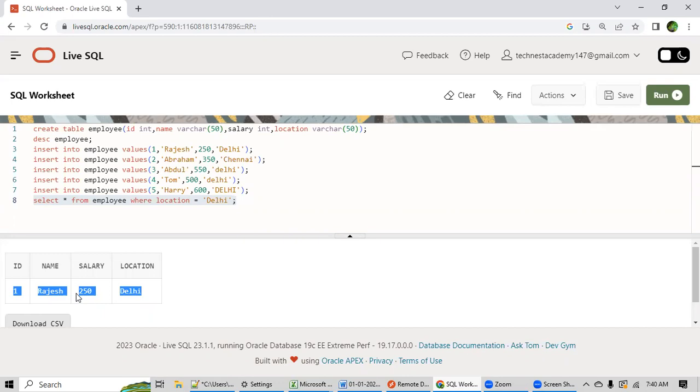No. See, down the line in this course, at many instances, I will show you that a particular query will give you a correct result from the technical perspective, but that will be incorrect from the business perspective. Here, this line number 8 query, technically this is correct. Why? Because you are searching for the location Delhi, and the case is exactly the same as this. But why in the output we don't have this Delhi? Why is Abdul not coming in the output?